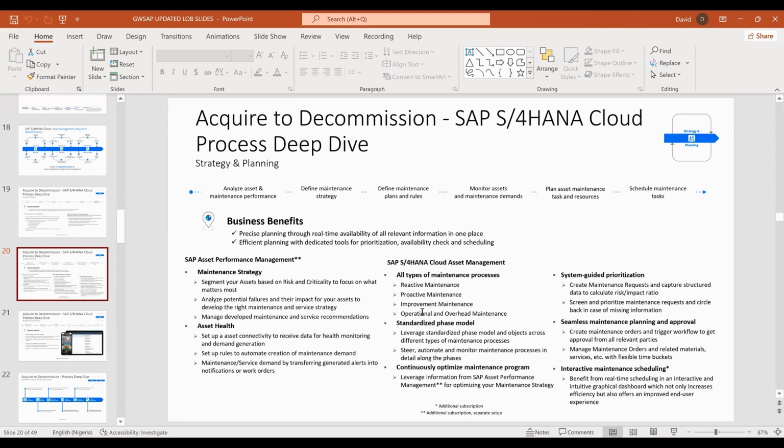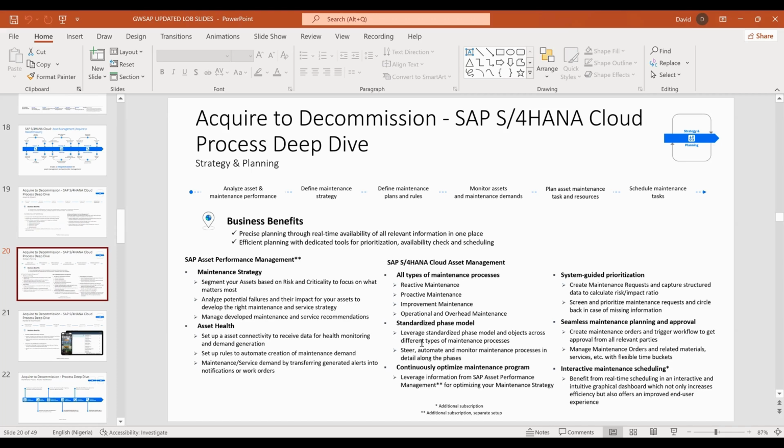So we have the standardized phase model, right? And this model allows us to leverage on phases. So for example, now we have a process or a maintenance that we need to complete in phases. Something like the proactive maintenance could be done in that aspect. So maybe phase one is the checks, phase two is changing oil, phase three is changing the boat. So you could have that sort of process streamlined for you on the system.